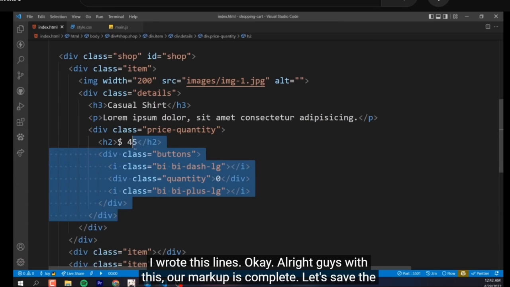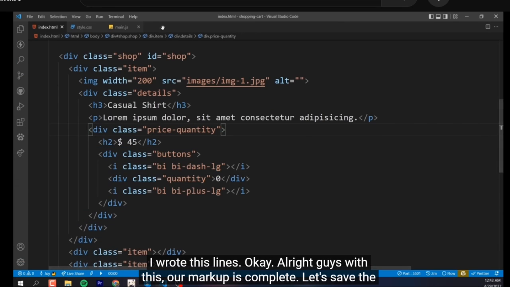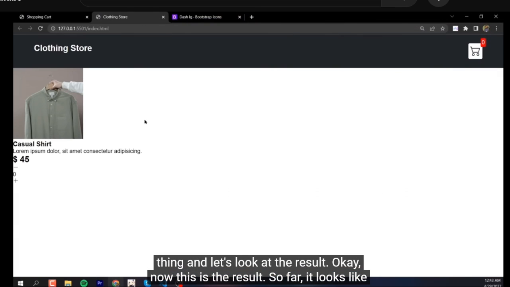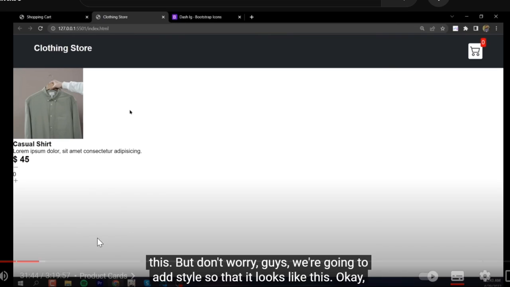Alright guys, with this our markup is complete. Let's save the thing and let's look at the result. Now this is the result so far. It looks like this, but don't worry guys, we're gonna add style so that it looks like